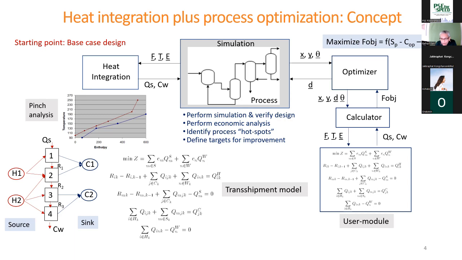Why is this better? Because it has been shown that if we solve optimization and then heat integration, or heat integration and then optimization, the minimum that we will get from the simultaneous way would be much better. So what we want is the best solution, which is if we do it simultaneously. Okay, so with this background, I will now first introduce the concept of process design, simulation, and optimization separately.